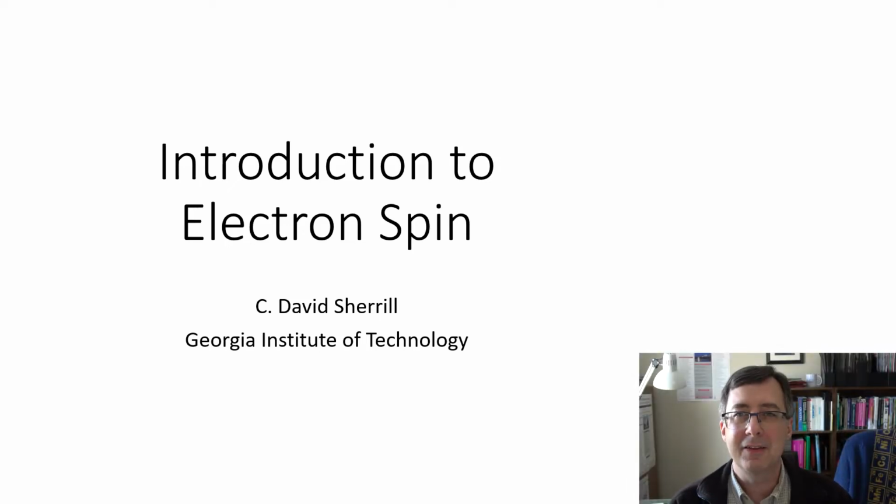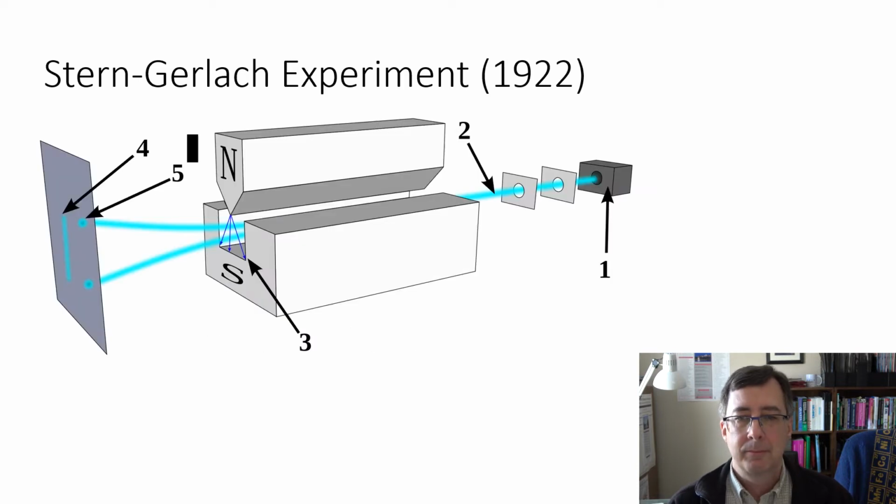All right, today let's talk about electron spin. Well, spin was discovered after the famous Stern-Gerlach experiment way back in 1922. In this experiment, they have a furnace that they use to heat up silver, and then they shoot out a beam of silver atoms. Okay, so here comes the beam of silver atoms down this way,